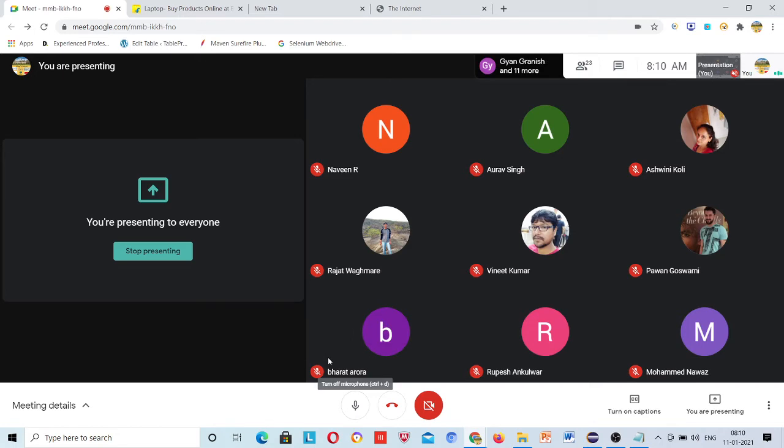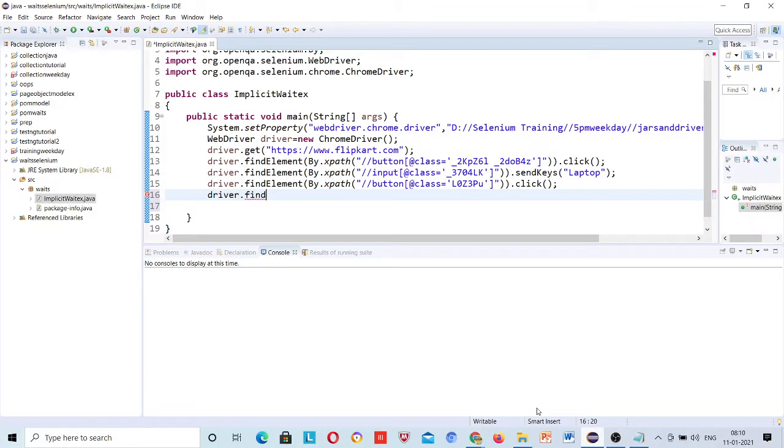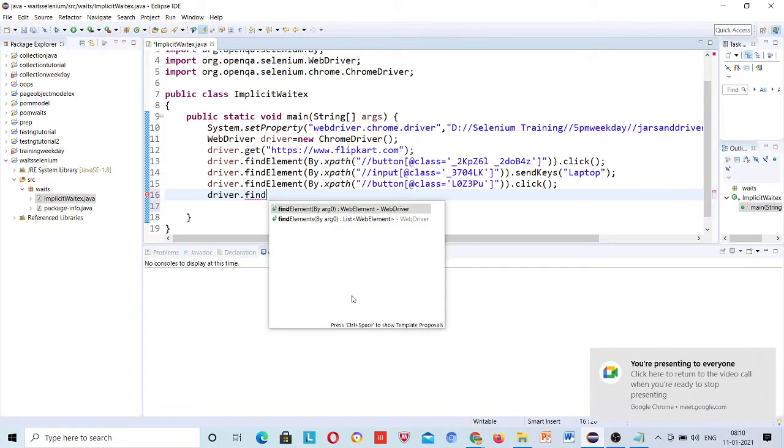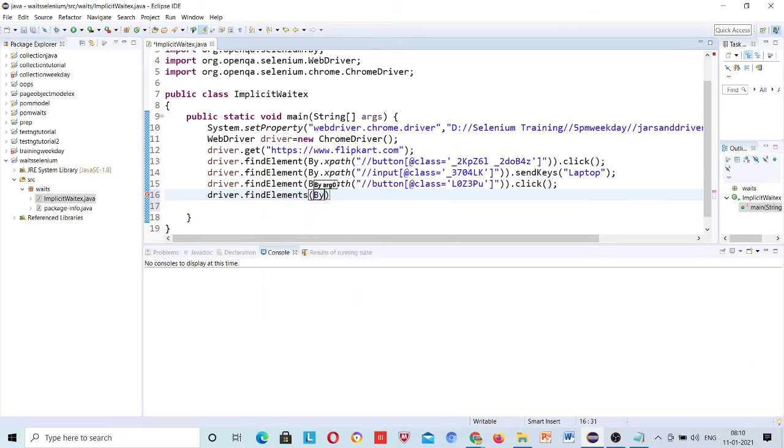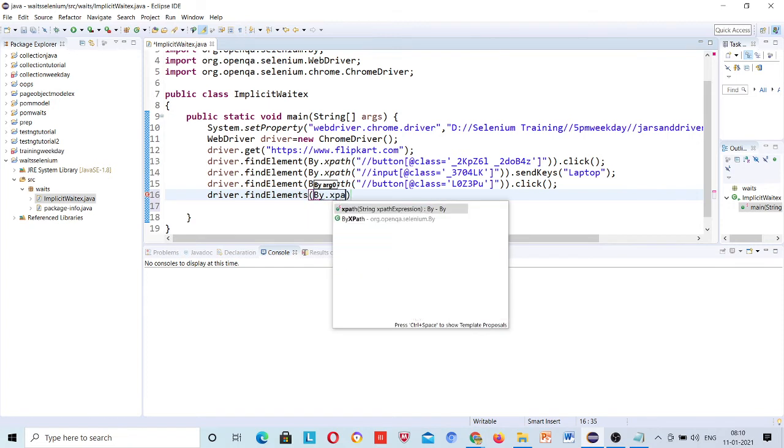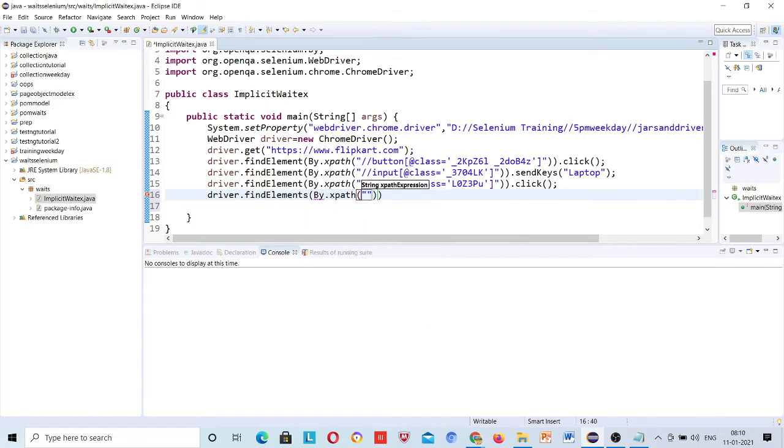So which method should I use? Yeah, use find elements, because multiple elements will be returned, right? So I am using find elements and writing the locator for them. I hope everybody is getting it.